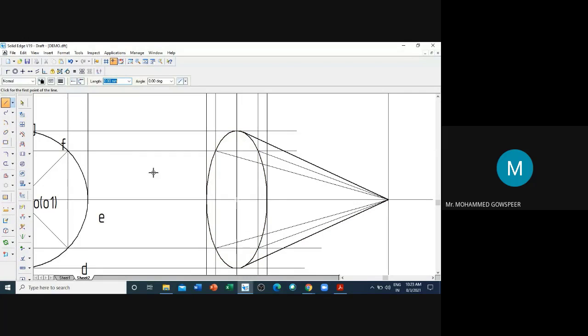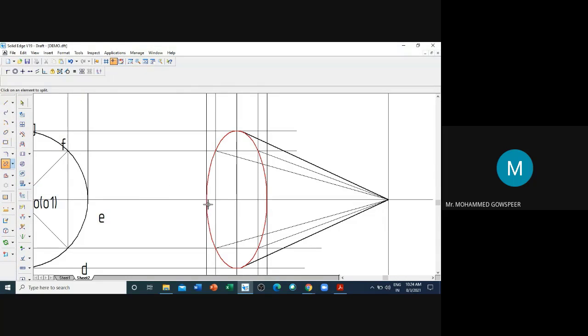So for that, we will first split it. Okay, the split command. Yesterday a few students asked me to give a demo of the split command. Now the split command. The option available is here, trim. Okay. So split.